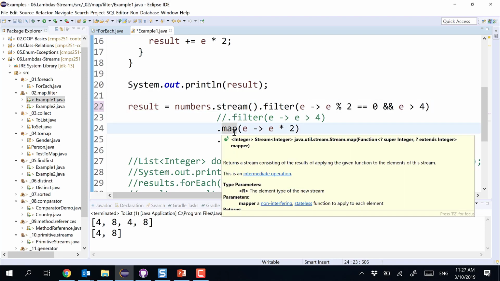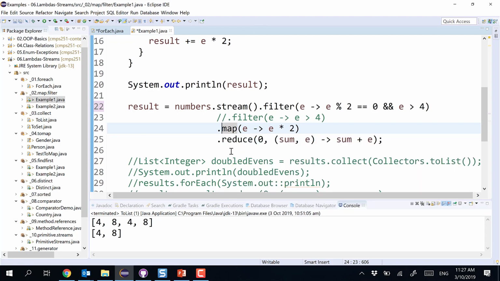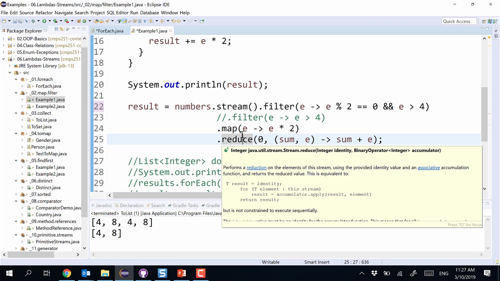map. What will the map do? Transform every element. In this case, what transformation are we doing to every element? We're doubling them. So when I double them, what does map take as an input? A stream. What does it produce? A stream. Very good. So I take a stream and produce a stream, and this stream will go into the third operation, which is